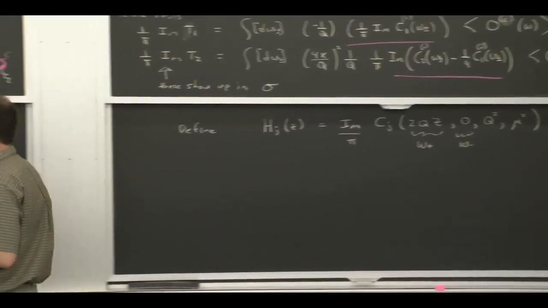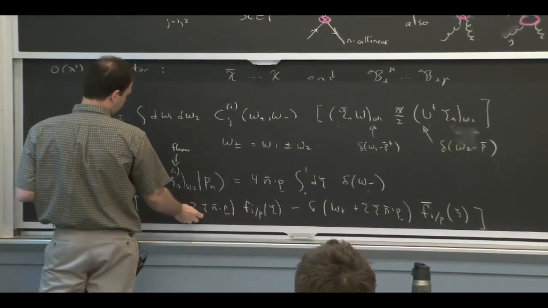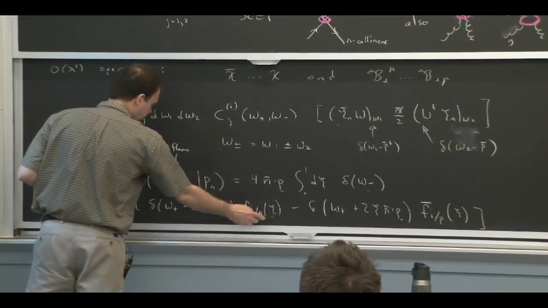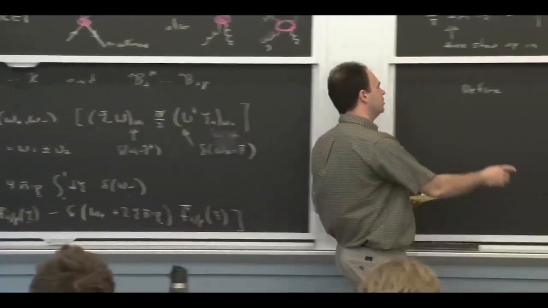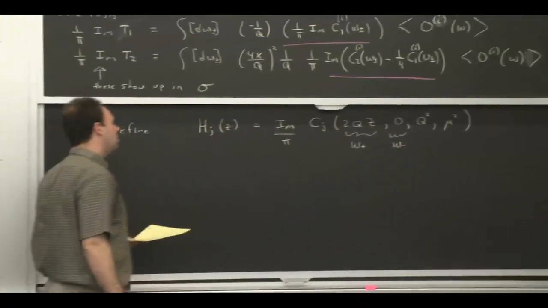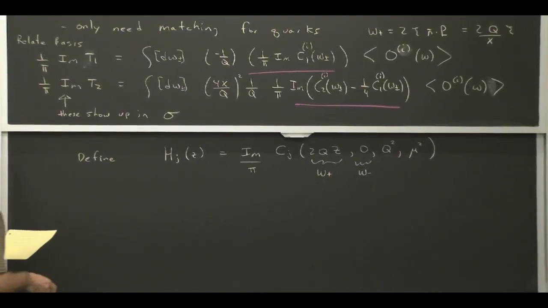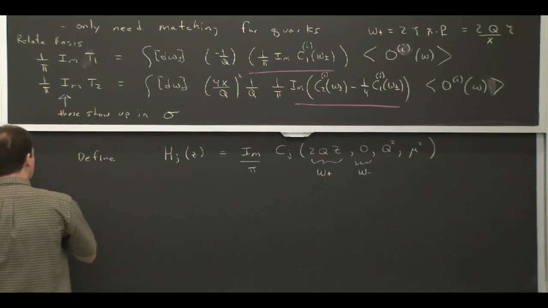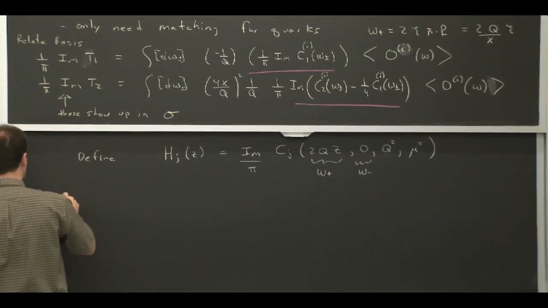And it's convenient because this function is a function of a ratio of two things, so it's convenient to define a dimensionless z and only talk about a function of that dimensionless thing. And if you do that, then the final result for these t's, which are imaginary parts of t's,